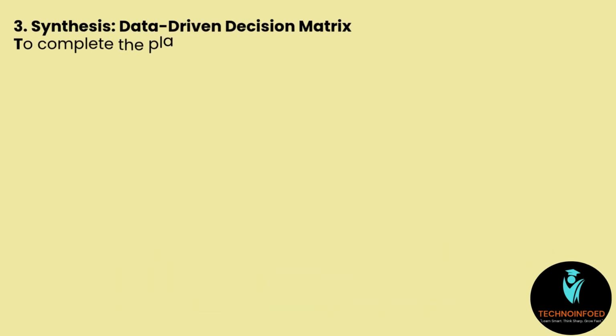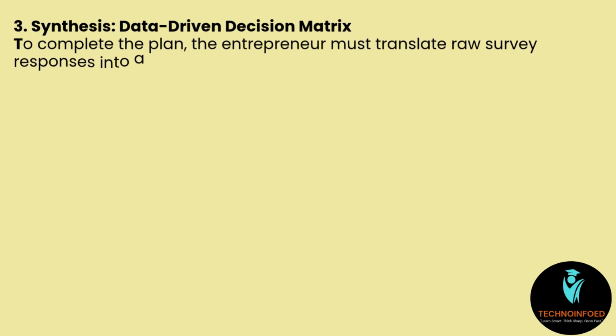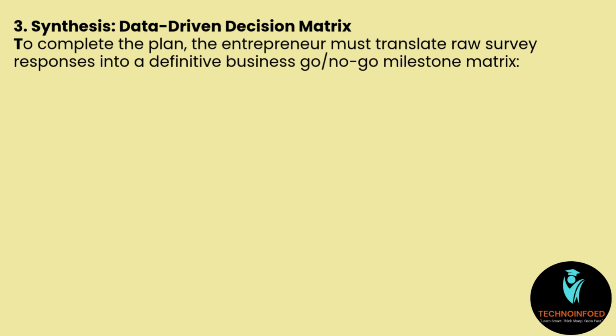To bring this validation plan to a close, you don't just look at the raw data, you run it through a strict decision matrix. If more than 10% of your social media viewers interact with your polls, if consumers rate their frustration with current options above a 4 out of 5, and if at least 15% of your Google form takers willingly leave their email addresses for your launch list, you have a definitive green light to build.